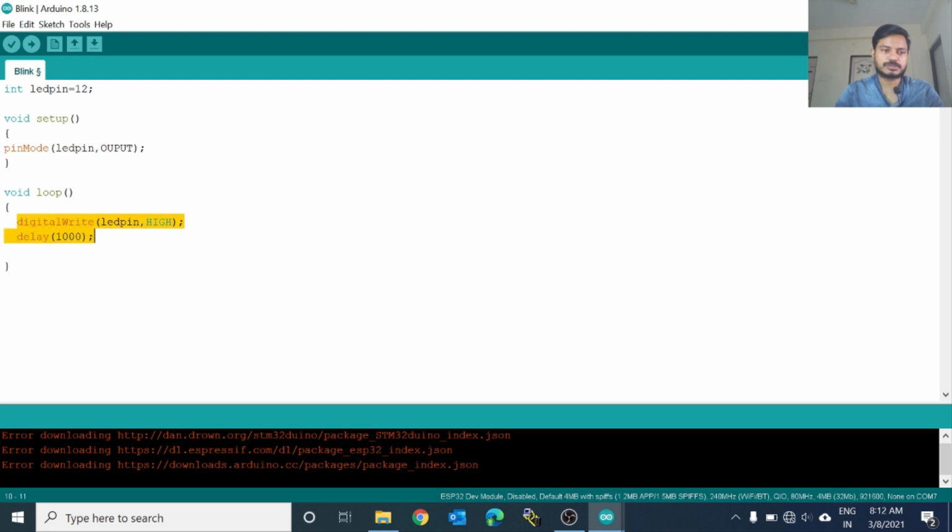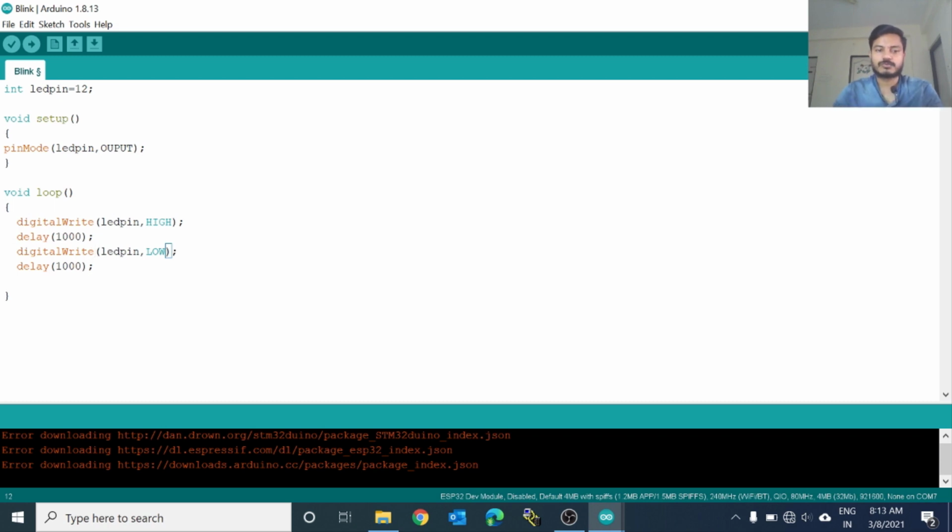Once again do the same thing here. I'm just copying the above code and pasting it here and making it LOW. So now you can see we have done with the coding. The LED will turn on for 1 second and turn off for 1 second. This is the simplest code you can write in Arduino for blinking the LED. Now if you want to write for 2, 3, 4 LEDs, you can do that. You just need to define the LED pin first and then do the same coding inside the void loop. And also inside the void setup you need to specify which pins are output pins.